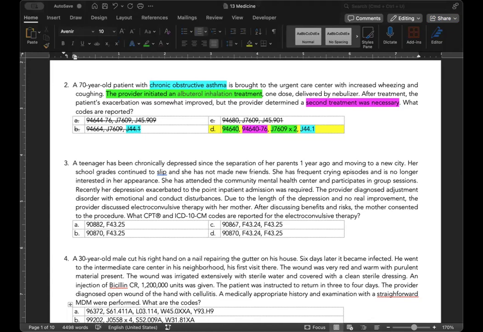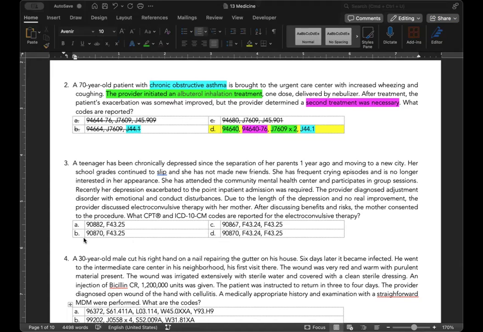So we are only reporting for the electroconvulsive therapy. Okay, we're not doing anything else for the inpatient admission except for our electroconvulsive therapy. So process of elimination wise, let's take a look, because our F43.25 is in both, right? Or is in all 4. So let's look at